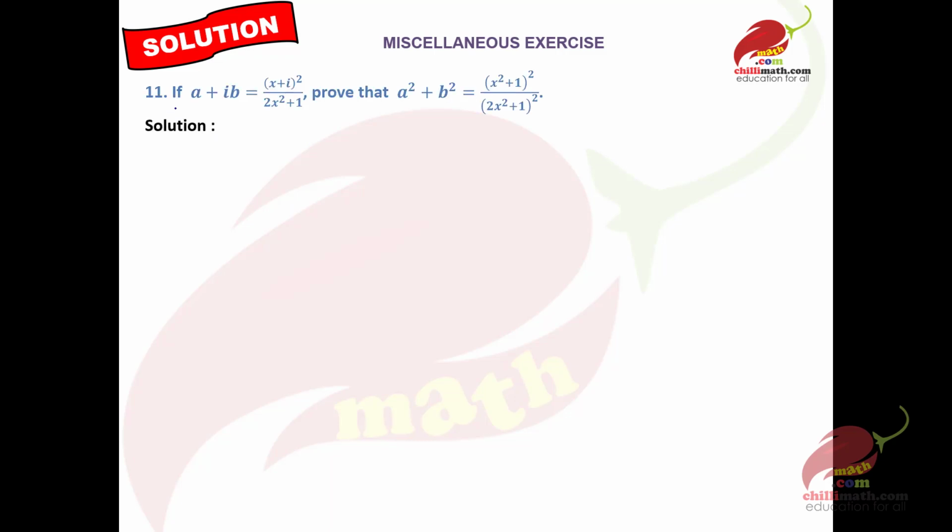The eleventh question is, if a plus iota b is equal to x plus iota whole square over 2x square plus 1, prove that a square plus b square is equal to x square plus 1 whole square over 2x square plus 1 whole square. Now mark this as equation number 1. Taking conjugate on both sides,